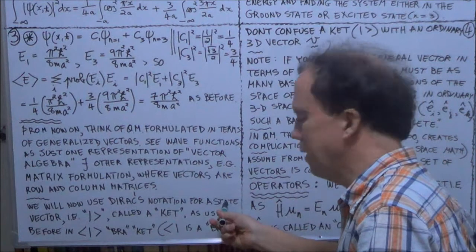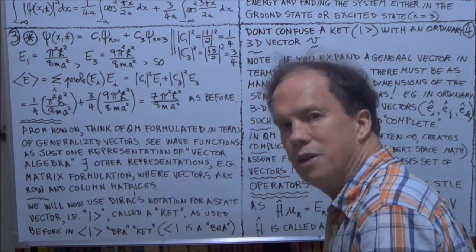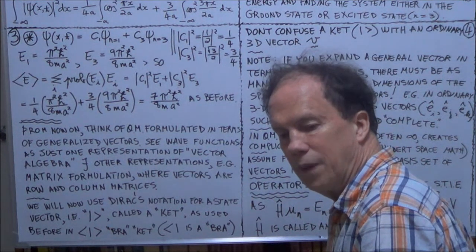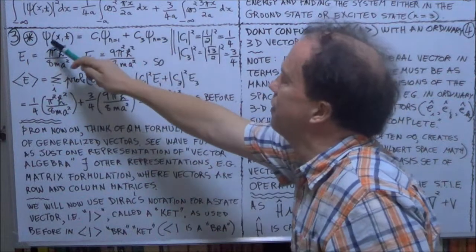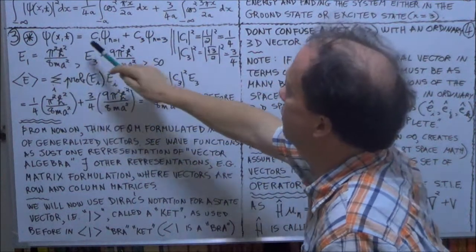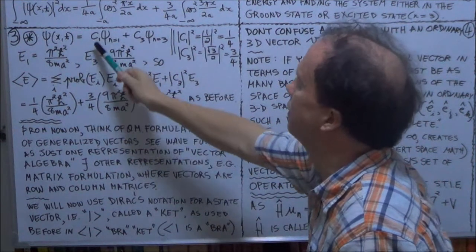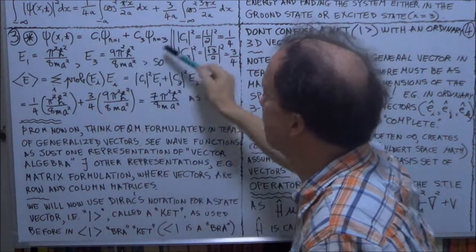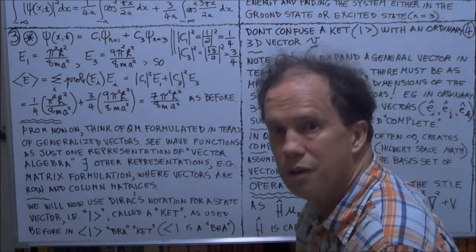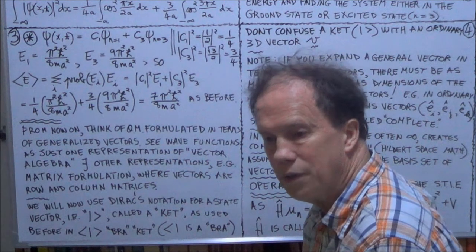Now, what do you mean by a state? Well, I've done this several times. The state is a kind of description of what's going on. Like the wave function here is a state, because it tells you something about your quantum system, what the wave functions are and what these probability amplitudes are. So this whole thing is a kind of state. It's a description of your physical system. It tells you about the system, like